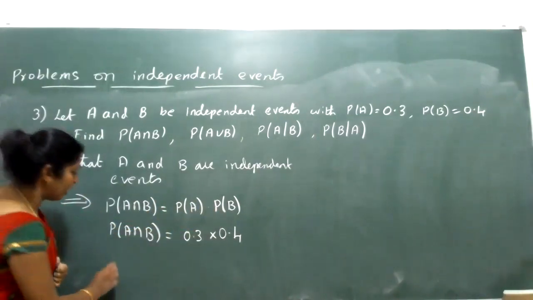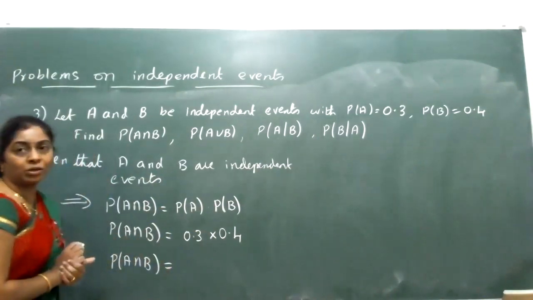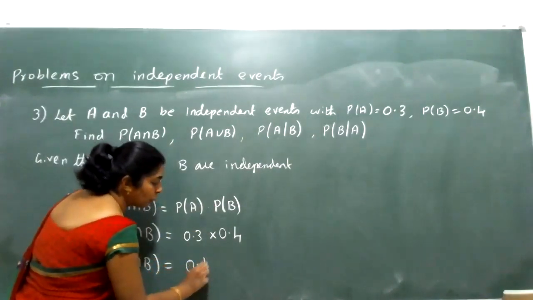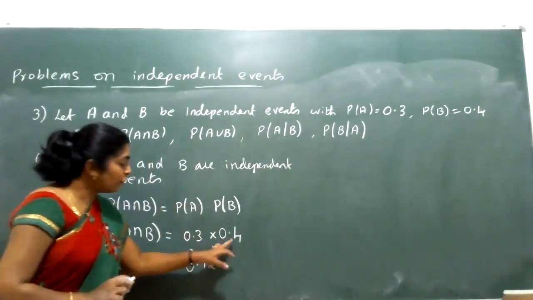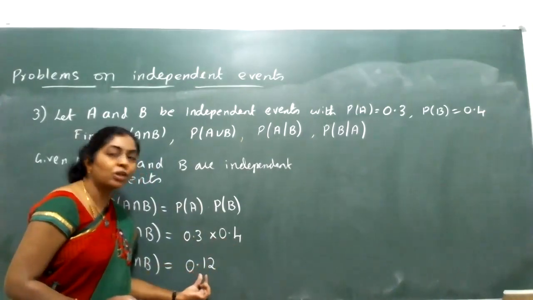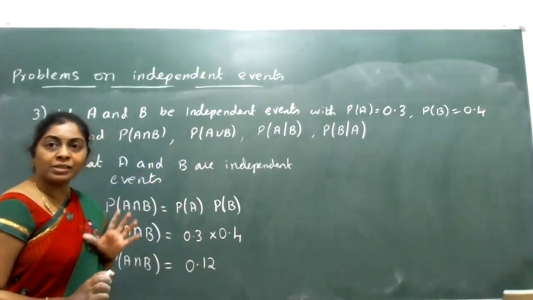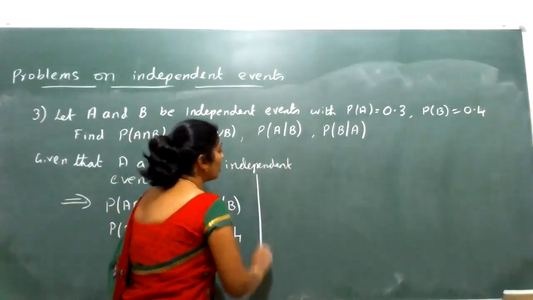We'll rearrange that. Probability of A intersection B is equal to 0.3 into 0.4. 3 fours are 12. There are 2 decimal places in total, so it is 0.12 that I get. I have written it in the form of decimal places. Then the next one asked is